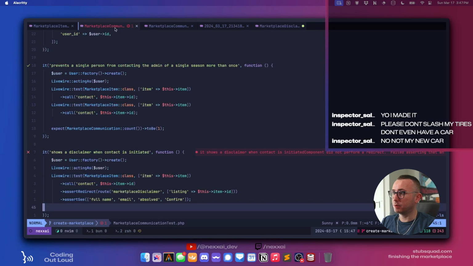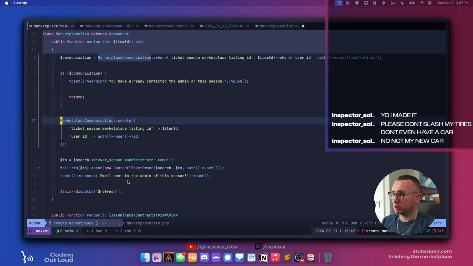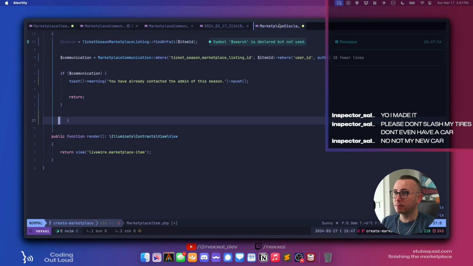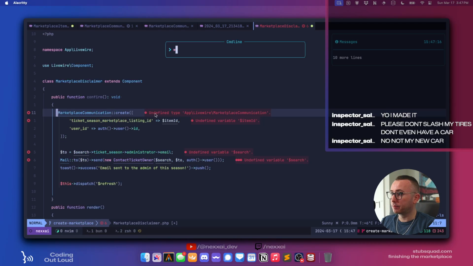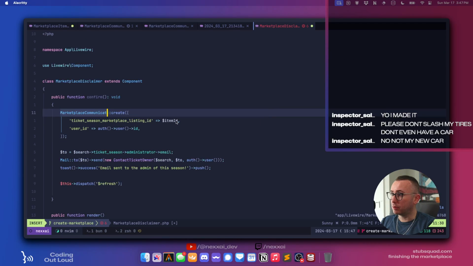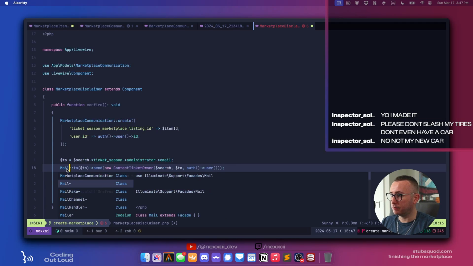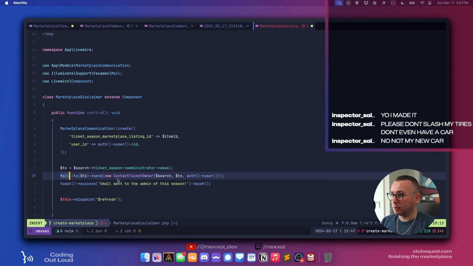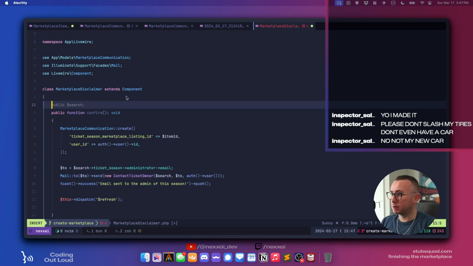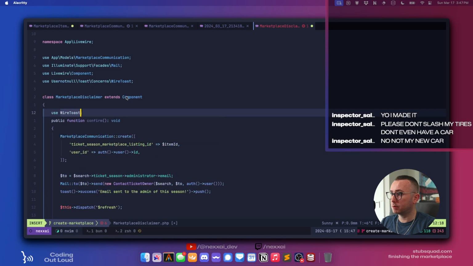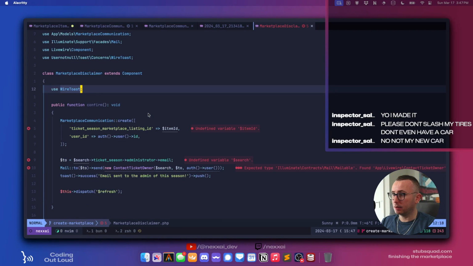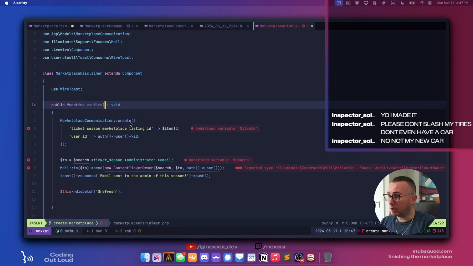Right now it'll just return void. It's going to return a redirect, but we'll just have it like this for now. So this is where it's going to do this stuff. Okay, so we want to import all these. So marketplace communication, we want to import mail. We need the toasts, so use wire toast. Okay, that's fine. We're going to confirm with the int item ID.